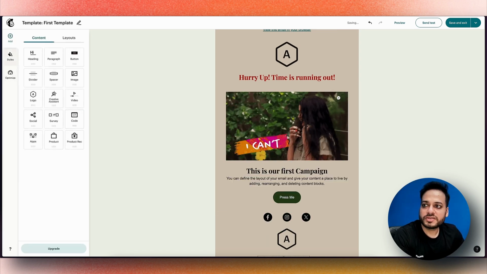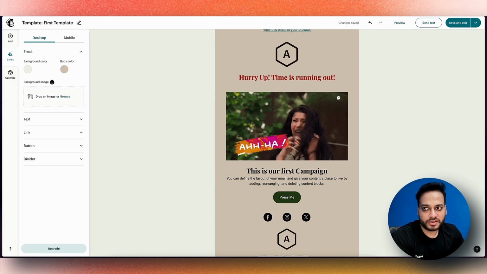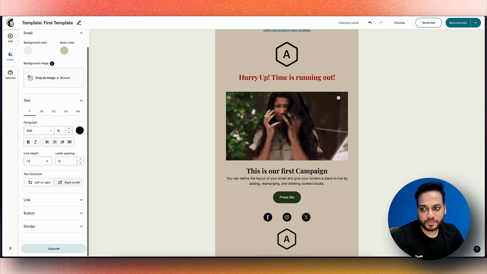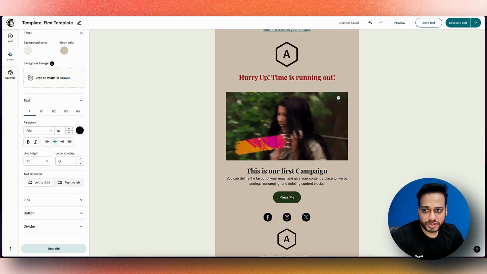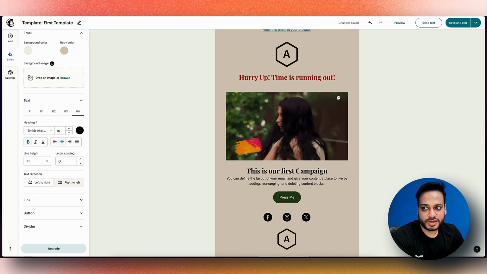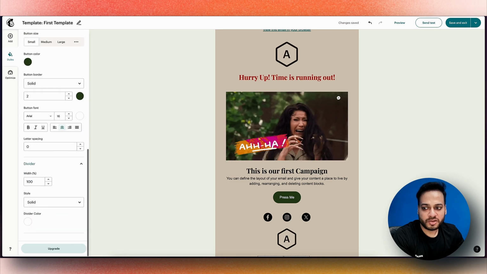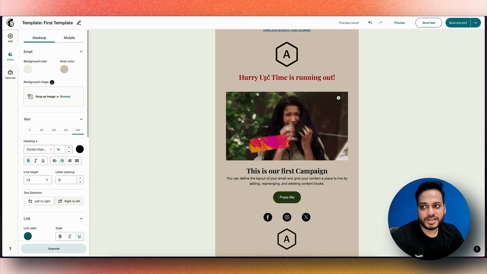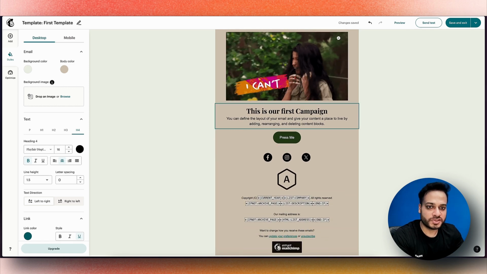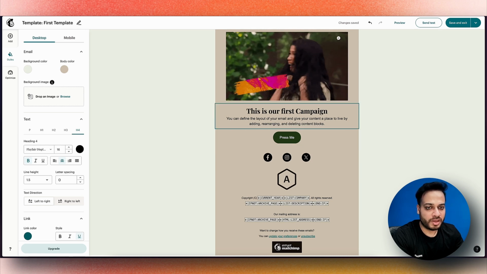And on the left there is something called styles. So for style we can change the background color, the theme of your newsletter, and you can also change the fonts of the text or the headlines or any of these, right? And you can change the link color, you can change the button colors, and you can change the divider width. So all of these styles would be, so if you have, let's say, a lot of headings or a lot of sections which are the same,